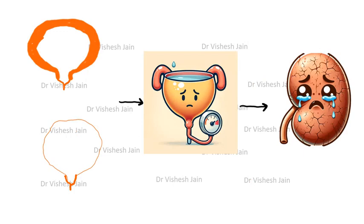Therefore, it is important for us to ensure that the kidneys of the child do not suffer any damage. So in conditions where the bladder outlet is very strong and is not able to relax properly when we are passing urine, or the bladder is very thick that holds the urine under very high pressures because it loses its property to be elastic, that is, it is not able to expand as we store urine, then the bladder pressures can increase rapidly while the kidneys are producing urine,